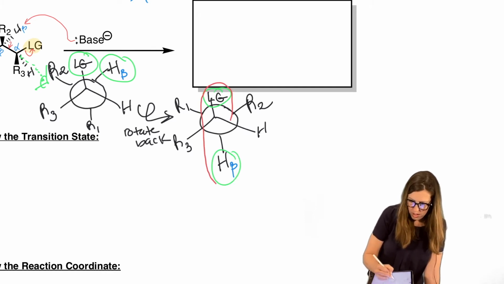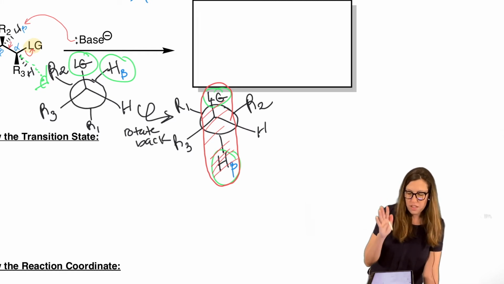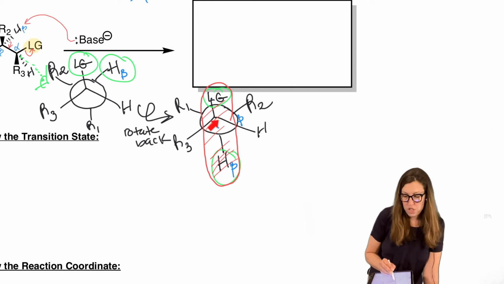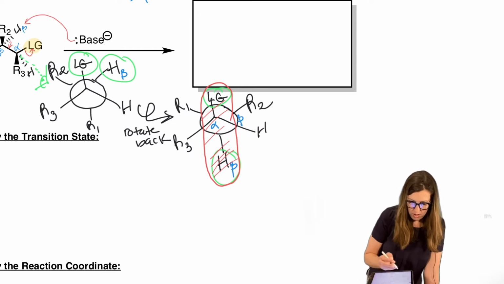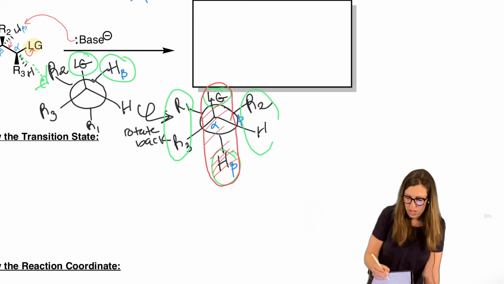I get to do this rewarding circle. It shows their anti-relationship. This is what will be gone. They're eliminated. The beta H and the leaving group are gone. In between these two carbons, the alpha and beta carbon, we are going to be forming a pi bond. This right here shows us the final relationship between these groups. So let's circle it just to kind of emphasize that. R1 and R3, they're on different carbons, but on the same side. R2 and H are on different carbons, but on the same side. Now we know what to draw. I'll write that here.